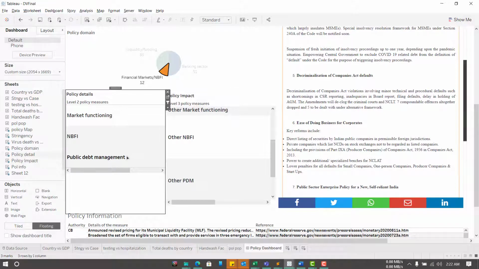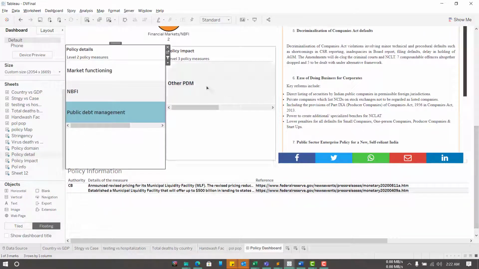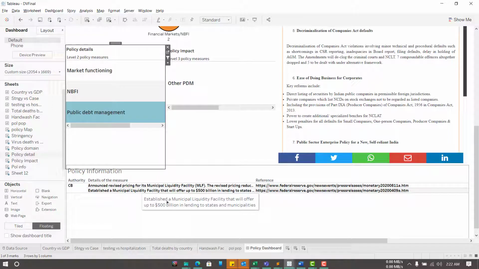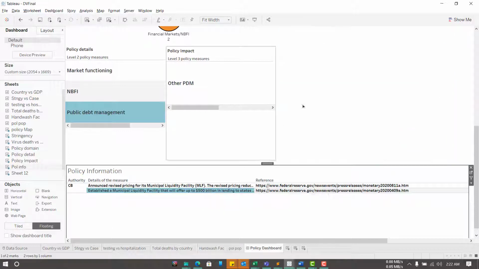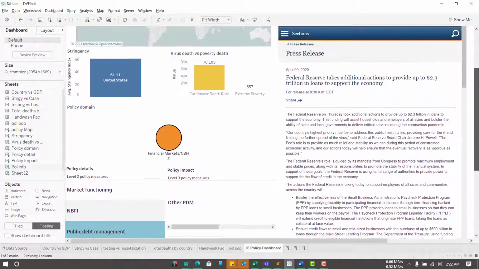and here, well, I want to know more about, say, PDM, public debt management. And here we can see that we have two policies in this sector. So I just want to learn about the last one. Established a municipal liquidity facility that will offer up to 500 billion. So let's click on this to understand more, and here we can see the web page loading again,